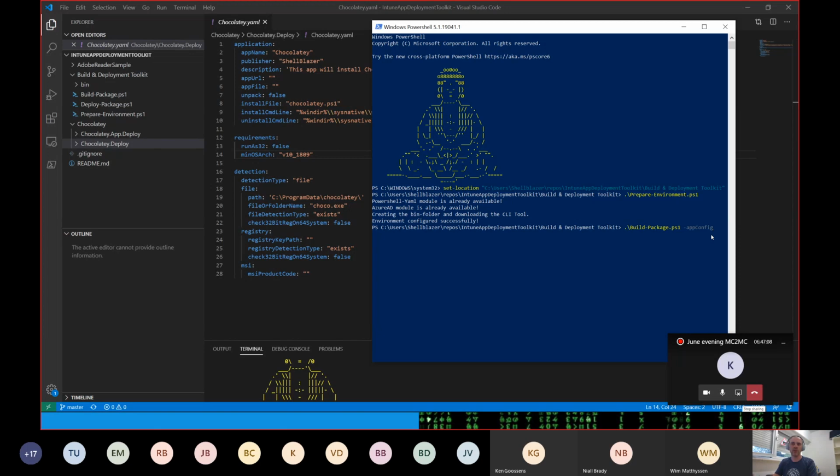We have only one parameter that we actually have to give, and in this case, that's our YAML file that contains all our data about this app. To give in the path of the YAML file, you can specify the exact path,